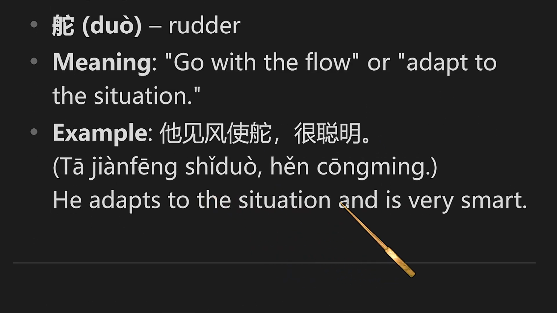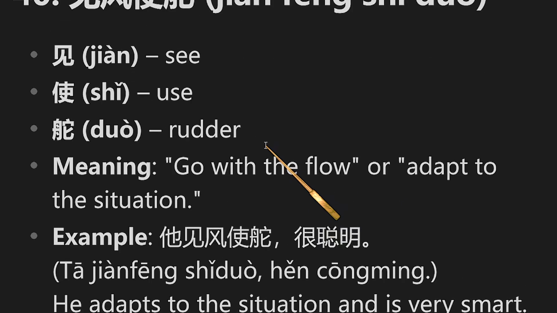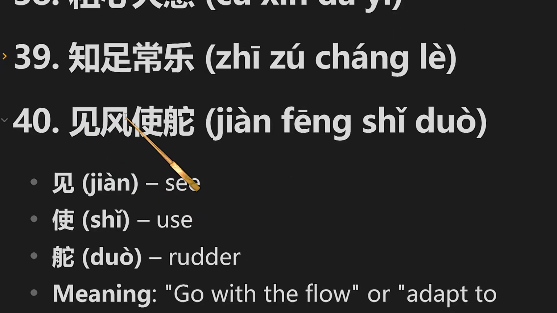He adapts to the situation and is very smart. 他见风使舵很聪明。He adapts to the situation, 见风使舵, and is very smart. 很聪明, 聪明 is smart. So it's a pretty good one. 见风使舵。见风使舵。